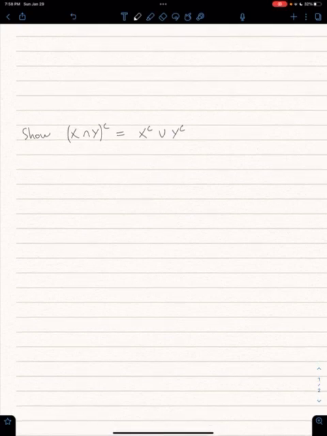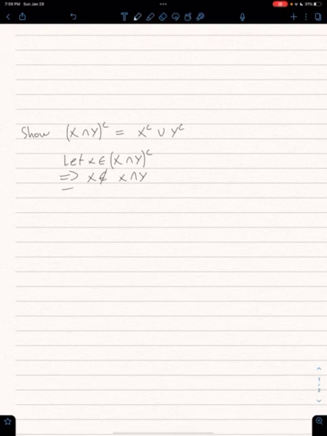All right, so it's pretty much the same thing. So I'll say let little x belong to the complement of X intersect Y. From that, we get that x does not belong to X intersect Y. From that, we get that